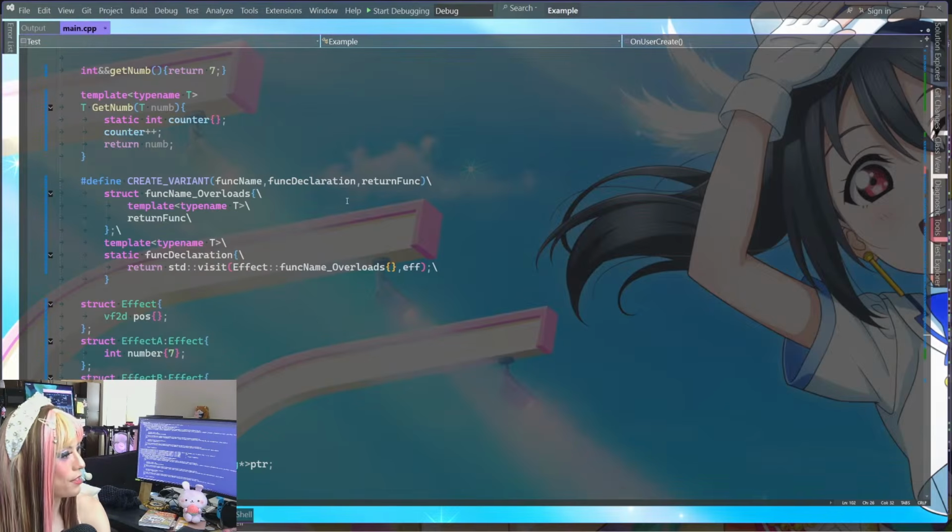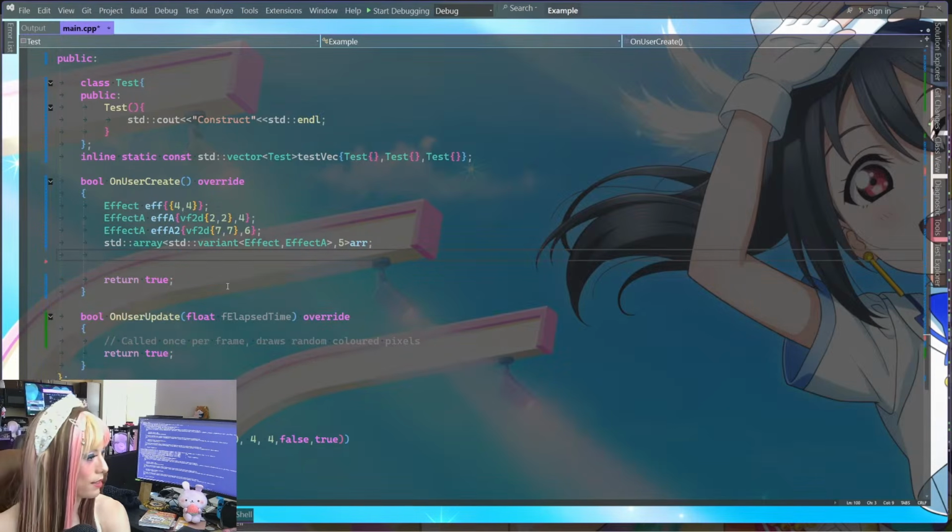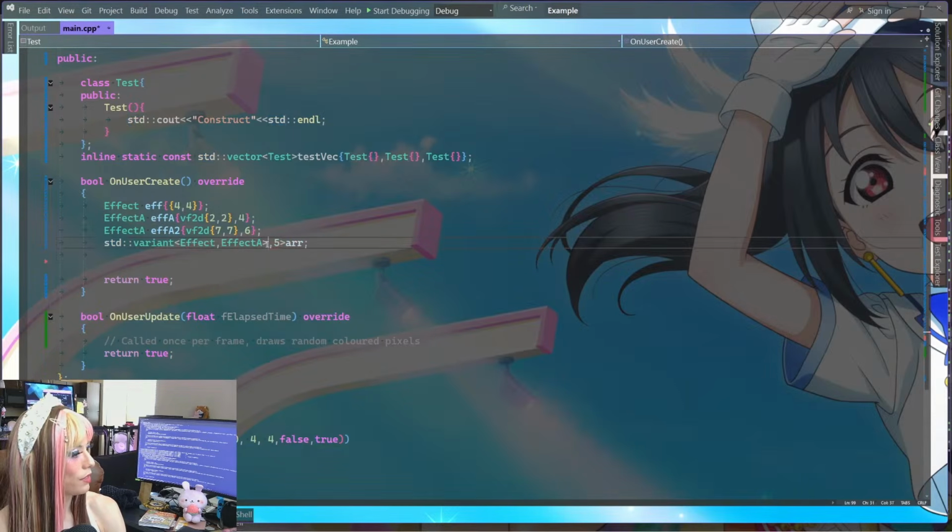So this was the idea, right? It would auto-create the variant function based on what effects were in the variant and what I supplied, so that when I did, let me see, this is just standard variant with some kind of effect, it doesn't matter what it was.